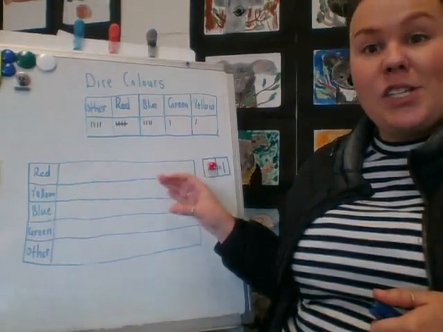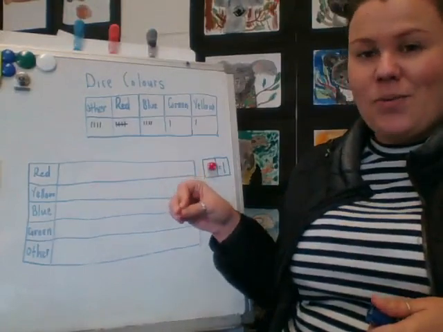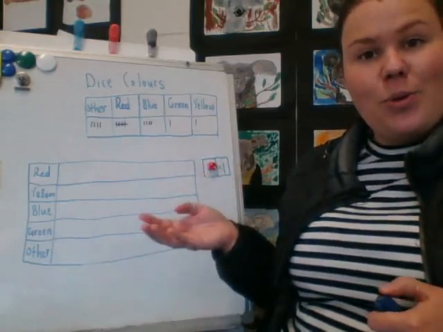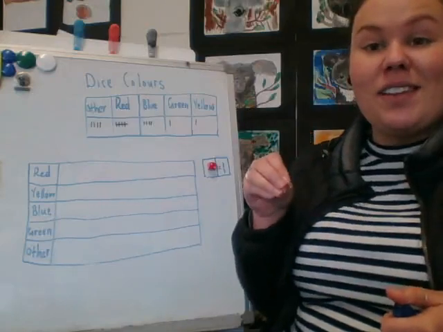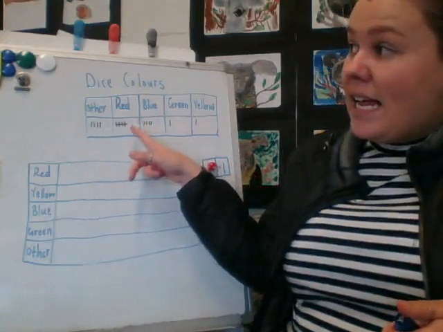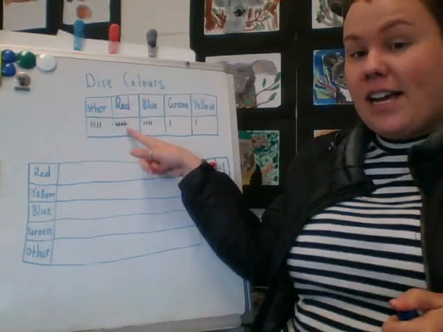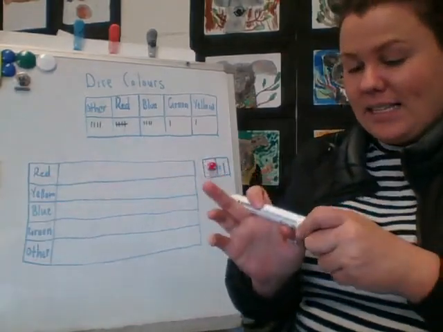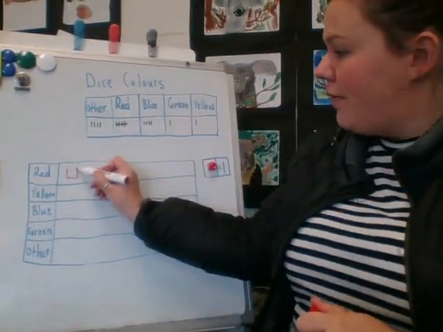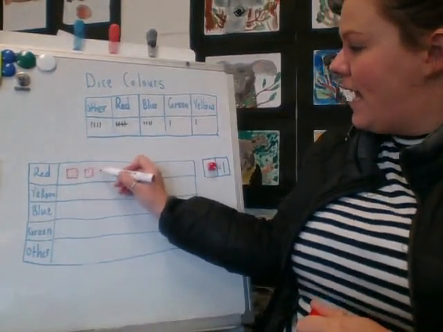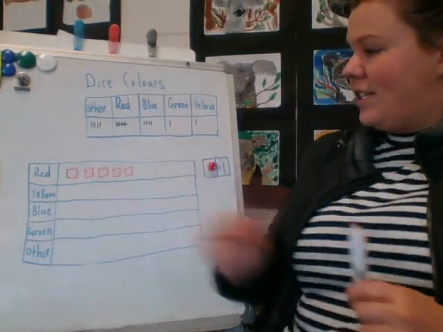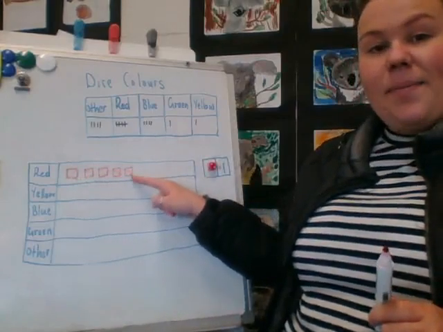Now, because it's called a picture graph, we do actually draw the little pictures of whatever it is that we are recording. So because I'm doing dice, my pictures are going to be little dice. But if you did your wardrobe, you might actually do the shapes of the clothing that you were able to find in your wardrobe. Okay, so I need to look at my data set, and it shows me that I had 5 red dice. So I'm going to go over to my table here, and I'm going to use the right colour in fact and draw the 5 dice that we had to represent, just like this. So I have 1, 2, 3, 4, 5,